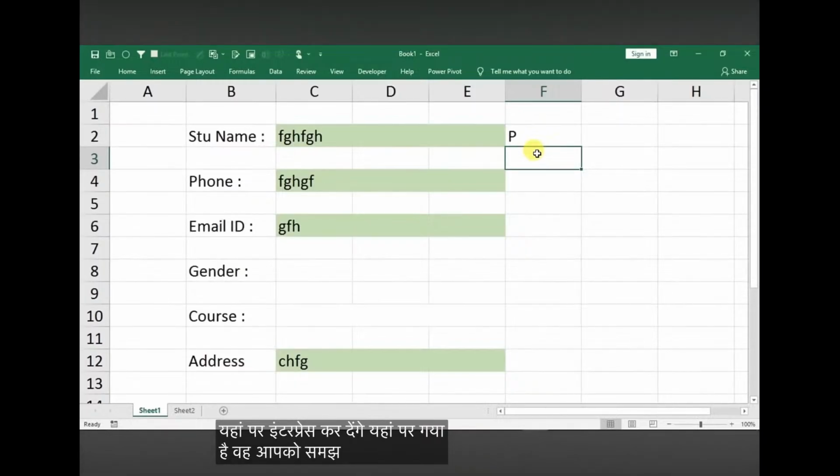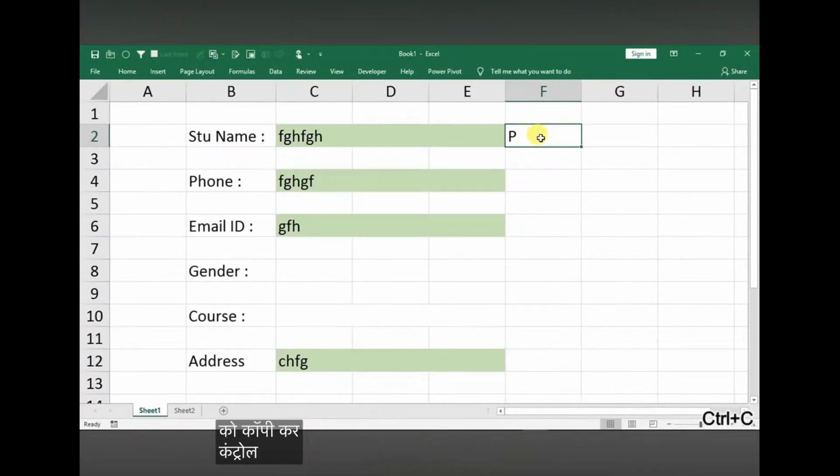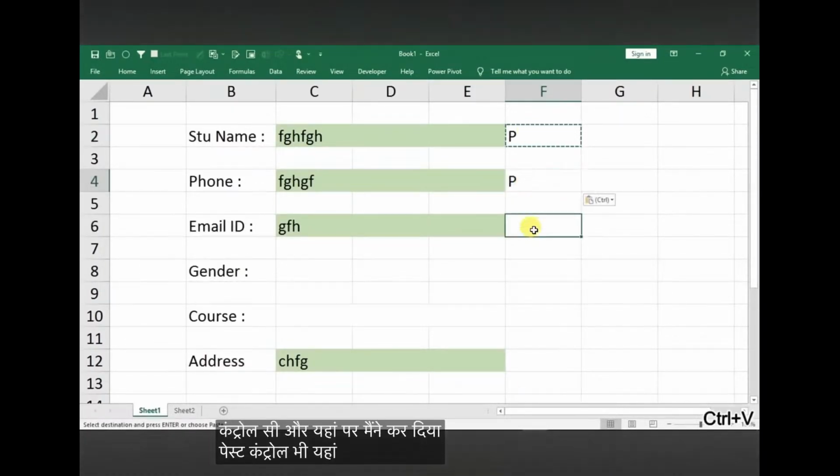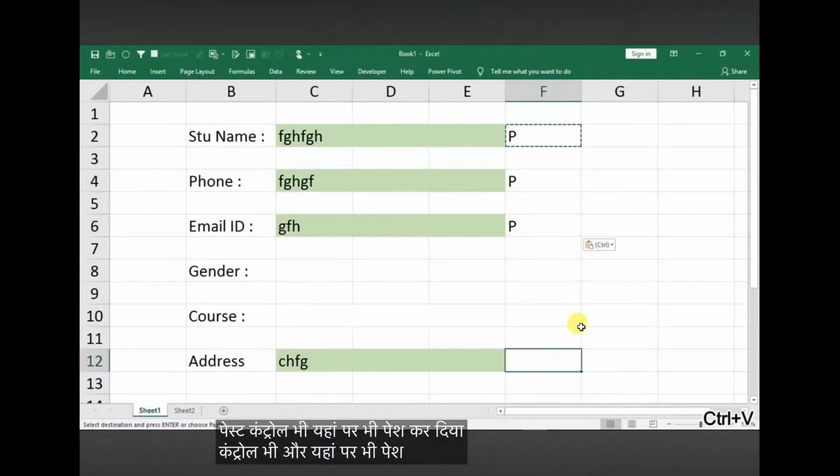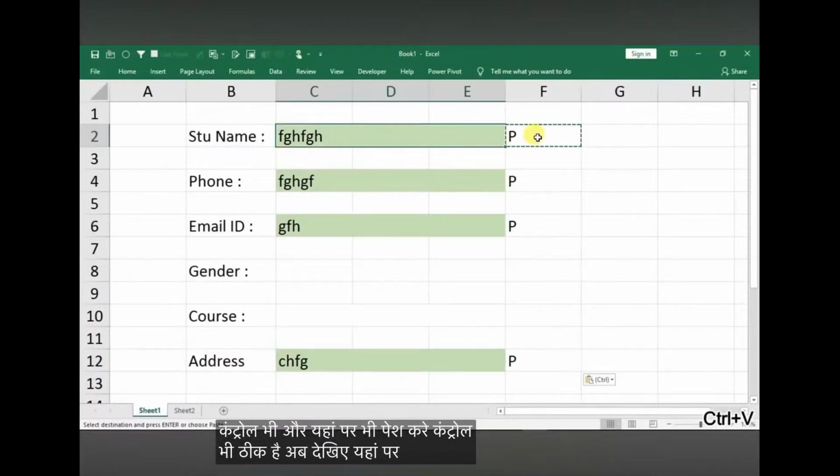अब P का फंडा क्या है वो भी आपको समझ में आ जाएगा। मैं इस फॉर्मूला को कॉपी करता हूं, कंट्रोल C, और यहां पे मैंने पेस्ट कर दिया, कंट्रोल V, यहां पे भी पेस्ट कर दिया कंट्रोल V, और यहां पे भी पेस्ट कर दिया कंट्रोल V। ठीक है, अब देखिए यहां पे मैं क्या करूंगा, इन चारों सेल्स को